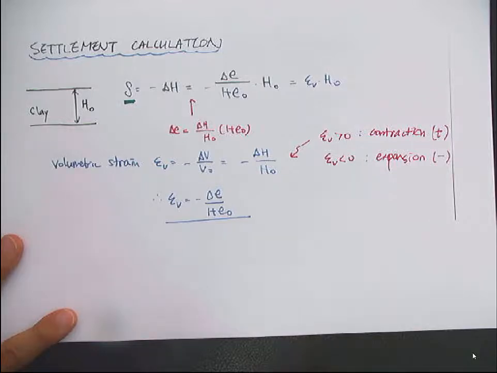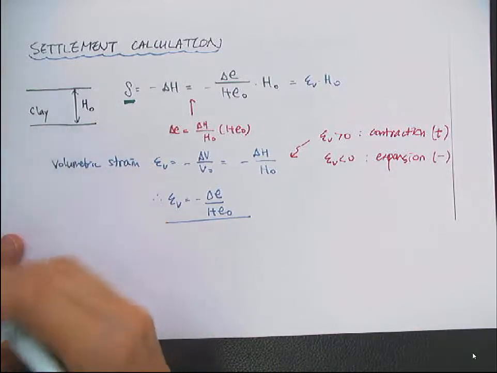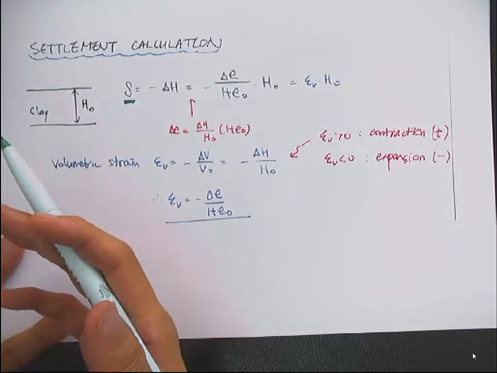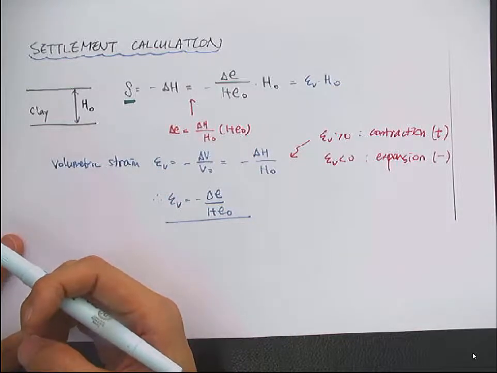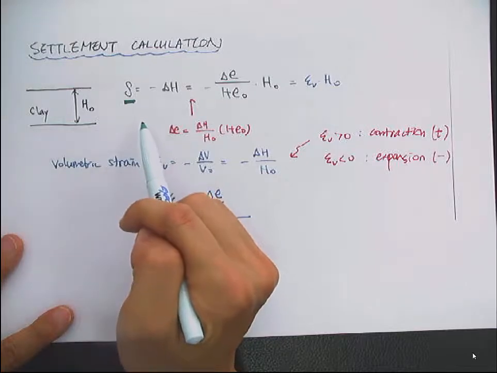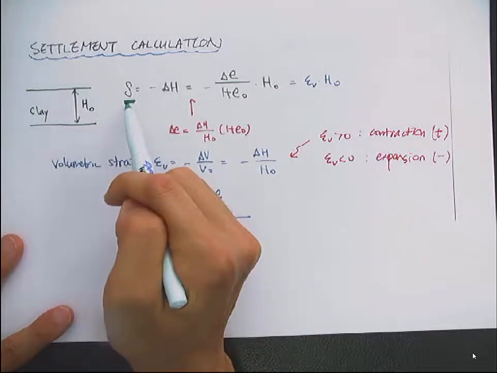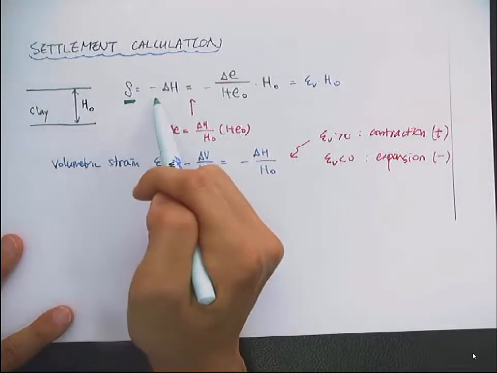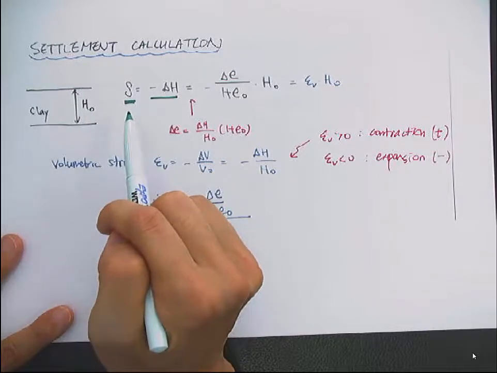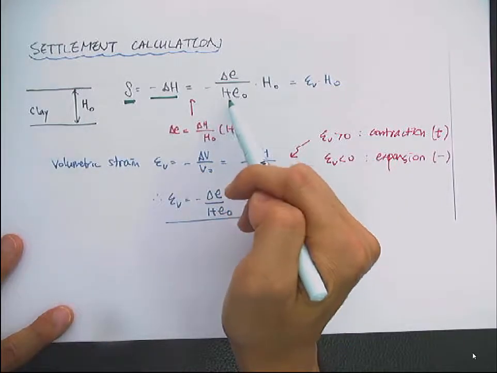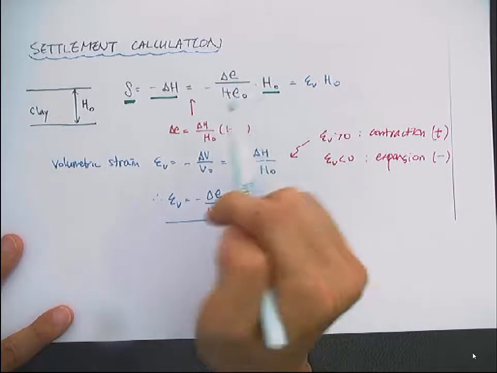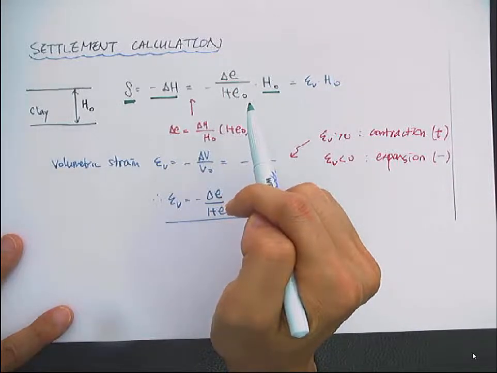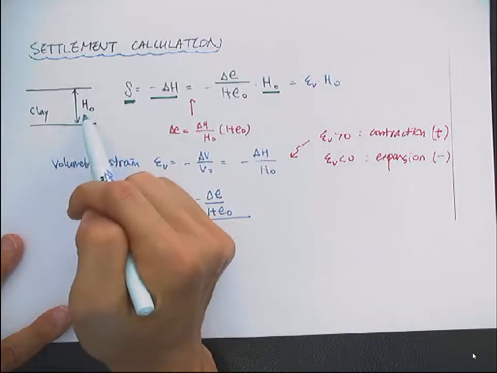So here, say that let's assume that we know the void ratio change, then how much the settlement will occur. This equation tells you about that information. Here, the S, the settlement, is the negative change in height, and initial void ratio and the void ratio change and the total height of the clay, the initial thickness of the clay,